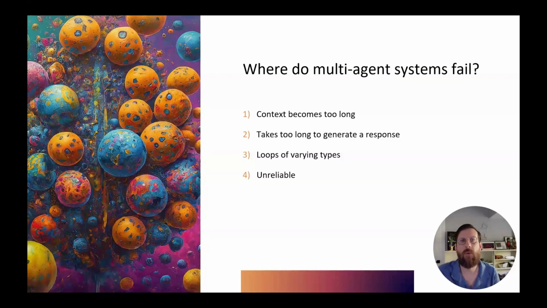When you are dealing with conglomerations of agents, each one itself non-deterministic in its output, you end up with not entirely reliable behavior. And that's something that is a feature to some degree, in multi-agent systems, that we take advantage of when we use multiple chains of thought.